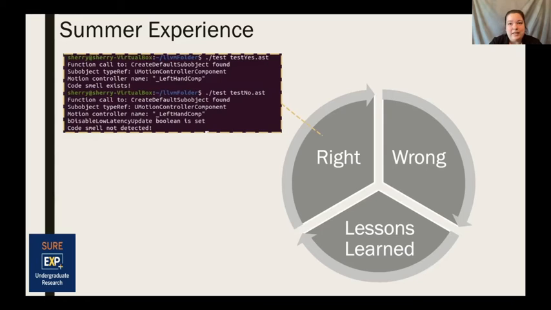For me, being able to grasp and understand what is happening in the parsing file was a major plus. I've never been asked to use a tool like this before, so I can confidently say it was a learning process for me. Moving on to what went wrong. For me, but not for the team, installing Clang onto my computer was a major downside, and Clang took up a lot of storage. So I could say that a lesson I learned was to make sure I had enough memory space in my computer before downloading anything. Asking the right questions also.